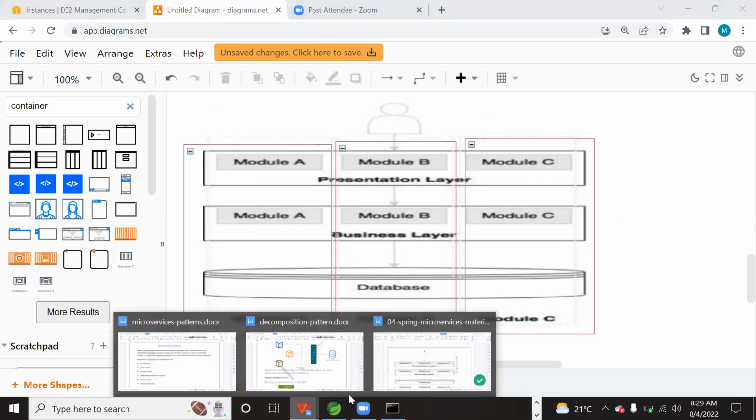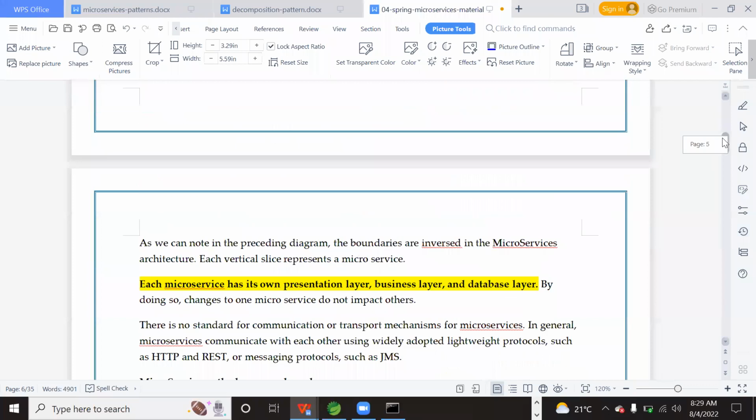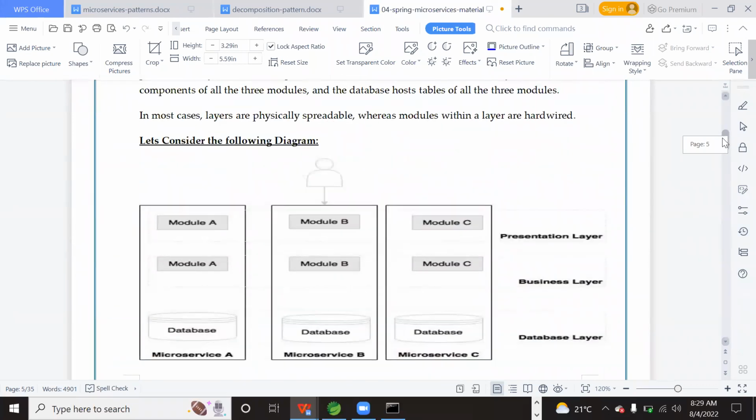Now it is time to understand the microservices characteristics. See, this is what exactly we got. Module A microservice: module A presentation layer, module A business layer, module A database layer. Now this becomes one microservice.